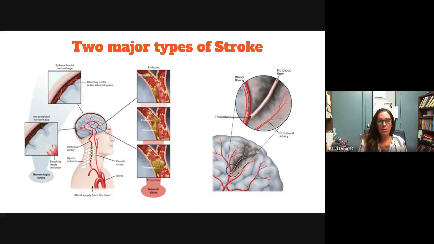Strokes are another thing that we deal with. There's two types, right? So I have a hemorrhagic stroke and I have an ischemic stroke. Hemorrhagic strokes are obviously like an aneurysm. It blows in their head. So these patients are the ones that whenever I deal with them,